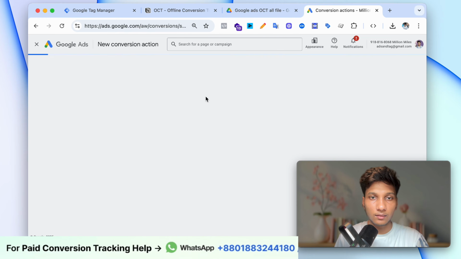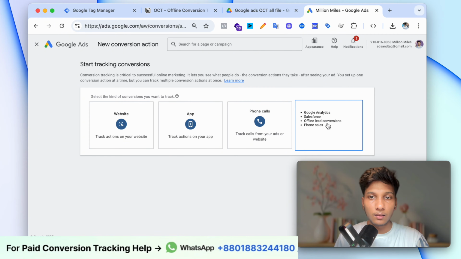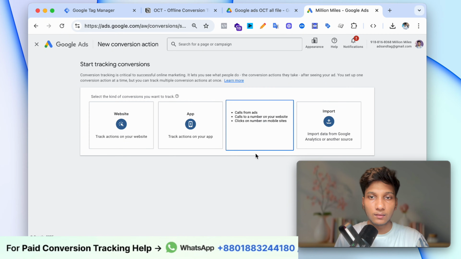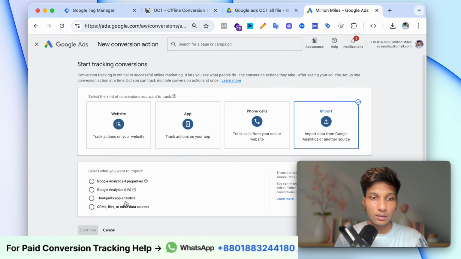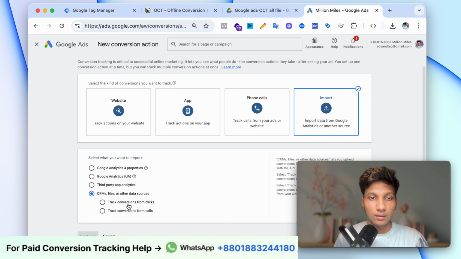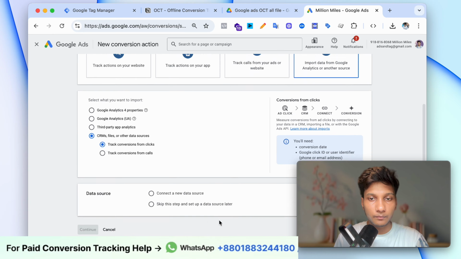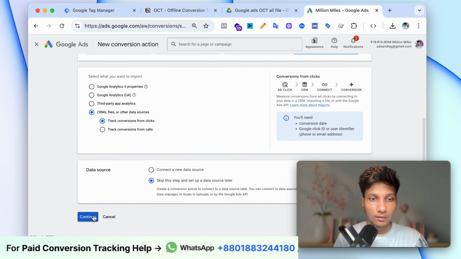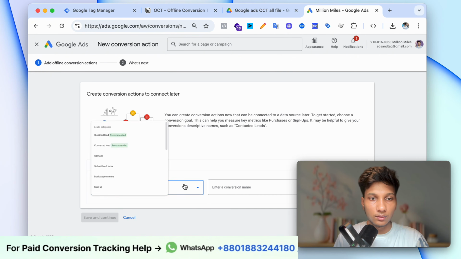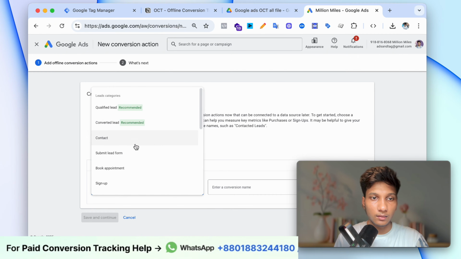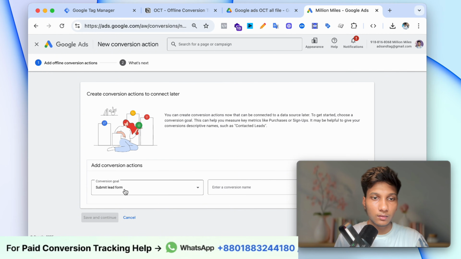Click this icon and choose this input, then click CRM file or other data source, and click Track conversion from click and skip. Click Continue, and choose Lead form submit, as well as write the name, which would be lead form submit, for example,